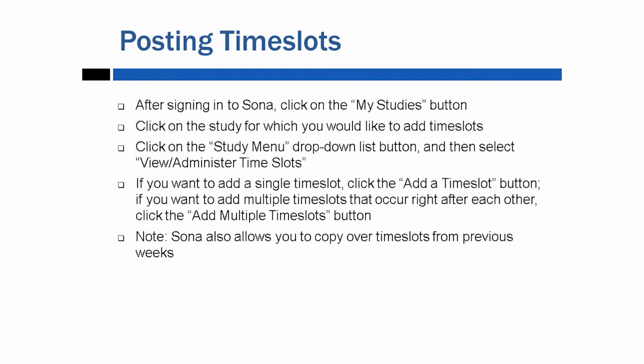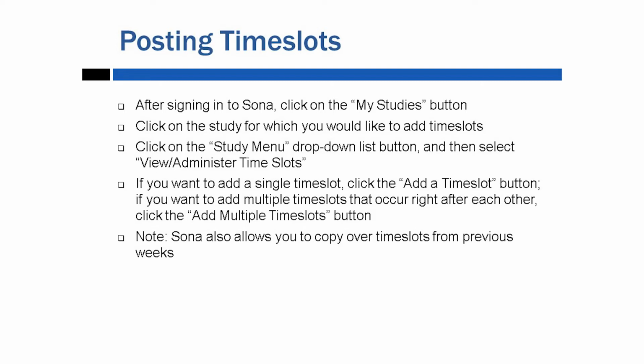After signing into Sona, you can look up your study under the My Studies button. Click on the study that you would like to add time slots to. From the study menu, on the drop-down list, the tab is View Administered Time Slots. If you wish to add just one time slot, click the Add a Time Slot button. And if you would care to add multiple time slots that occur one right after the other, select Add Multiple